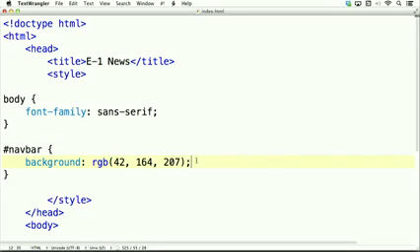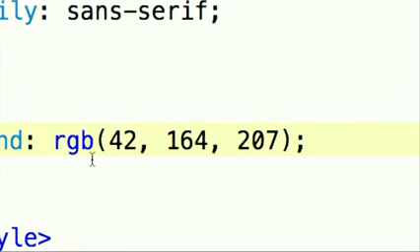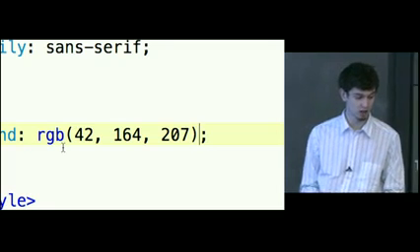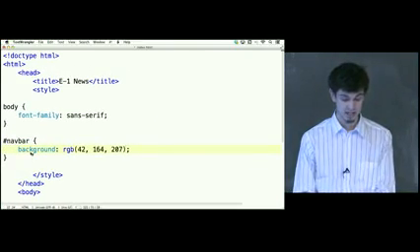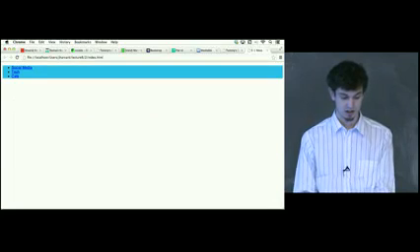So again, I'm ending this line with a semicolon. And notice, I could also express this using a hashtag and then 2 letters followed by 2 more letters and 2 more letters. This is just a different way that CSS allows me to express colors. And it's just kind of a little bit more readable. So that's nice. So now, if I come back to my page, I'm going to get something that looks like